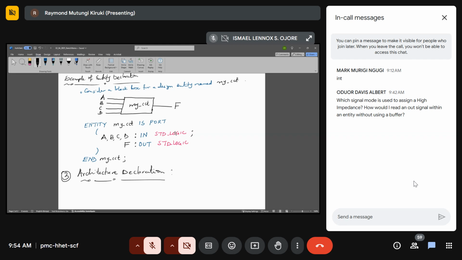I don't know whether I'm getting the question. The signal mode can either be in or out. They can be bidirectional, but it has to be of the type standard logic for you to drive it to high impedance. I hope that makes sense, Davis, because I think you are mixing signal mode and signal type. Is that clear? Okay, then the other question was